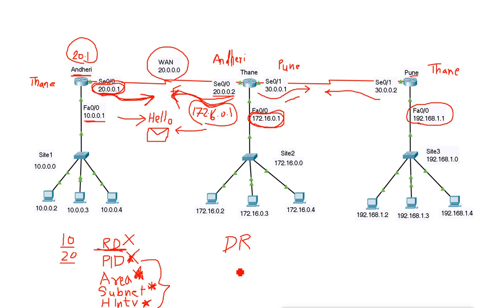So first they have to decide the designated router, and then all the rest of the routers will be non-designated routers. Now how do they decide which router will become the designated router?